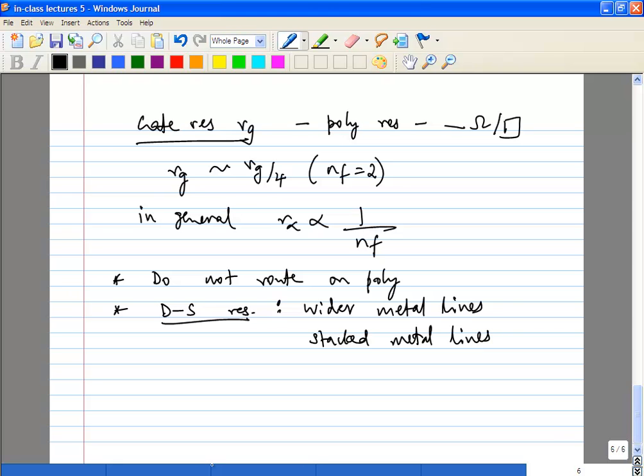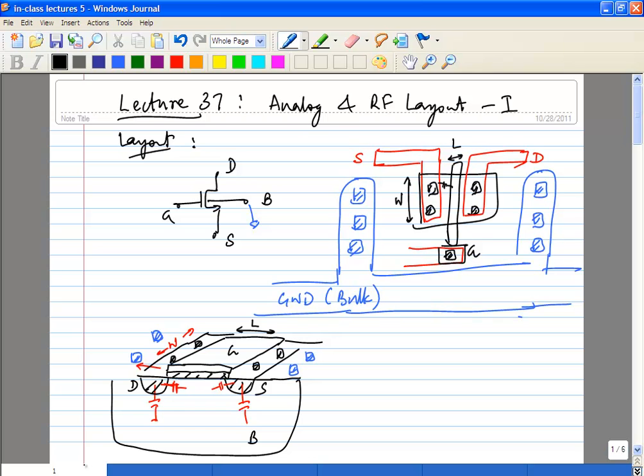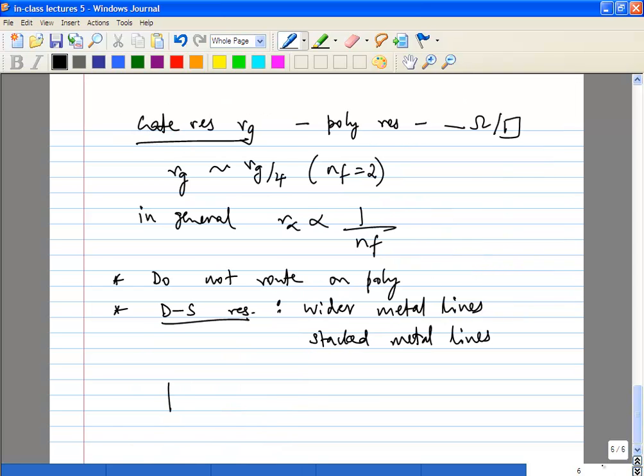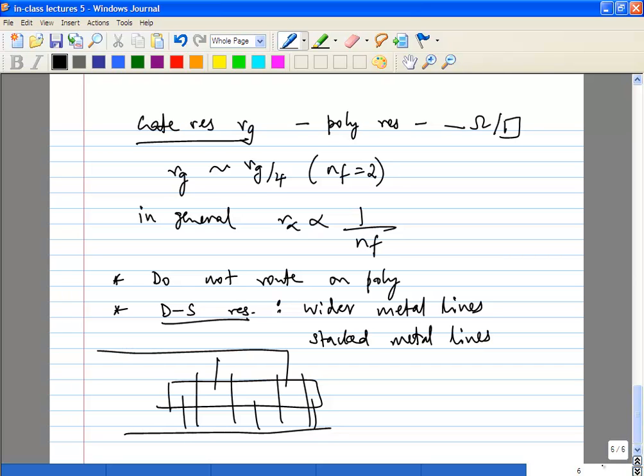Because definitely by splitting it into, let's say, these number of fingers, if you add more fingers, you have to worry about how to connect. So let's say you split it up like this. Now you have to worry about routing these sources. So you have to worry about routing it like this, and routing it like this. This may add some extra capacitance, resistance, and so on. And if you make it too small and too long, you are basically routing the drain source a long way, and routing your gate a long way. So those are all trade-offs you will have to make when you decide how many fingers you want. I would say a good rule of thumb is, let's say WF is the width of each finger. Try to keep it